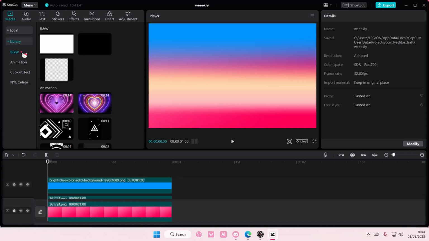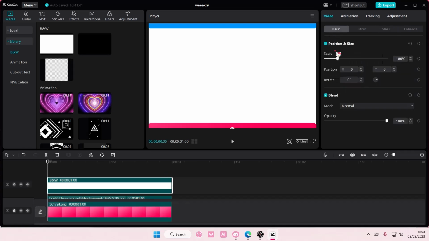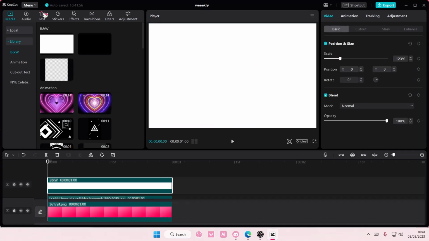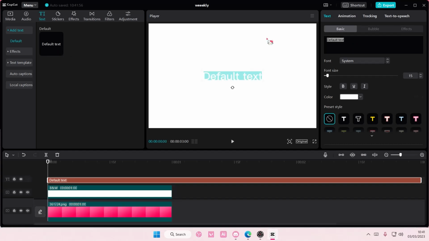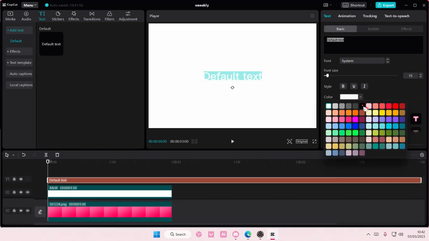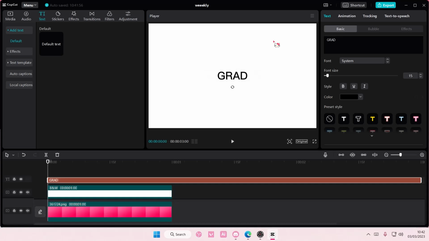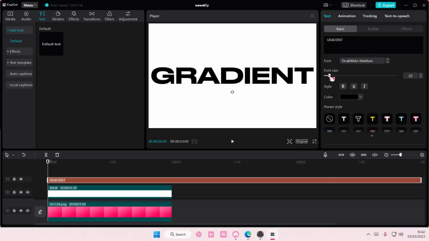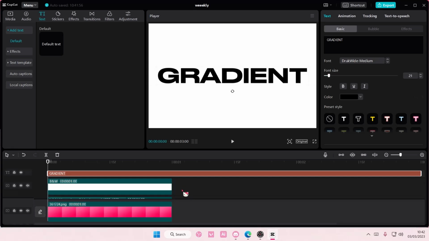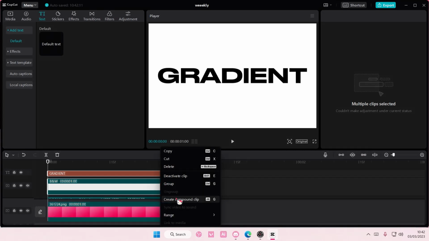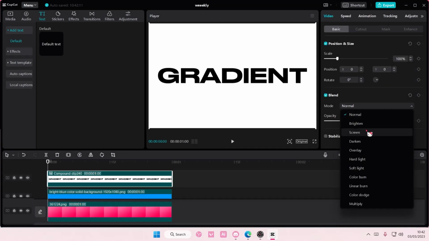Now we are going to go to library, and you can select a white background or a black background. I'm just going to show it with this white background. Go to text, add in your text, and I'm just going to type it in a black color, gradient. Select your font and adjust your font size, and then select these two, right click, create compound clip,